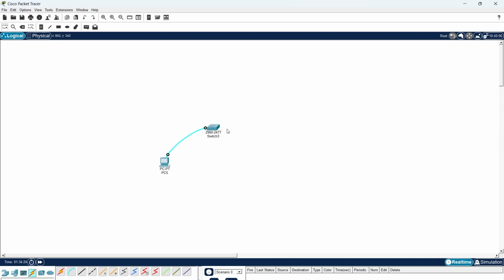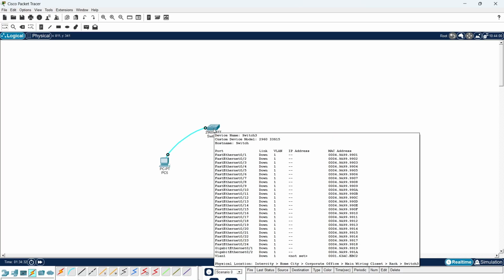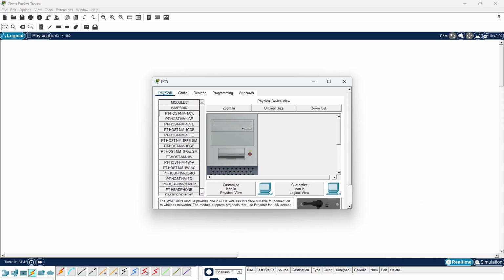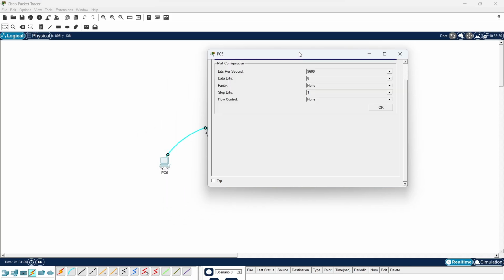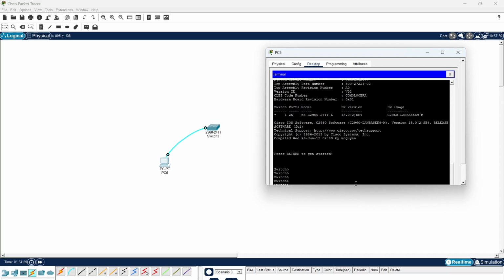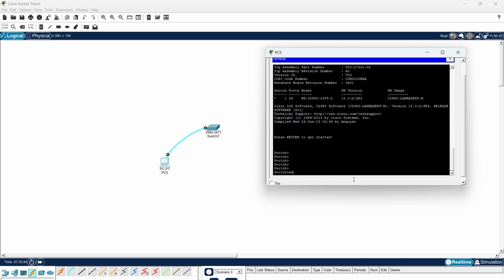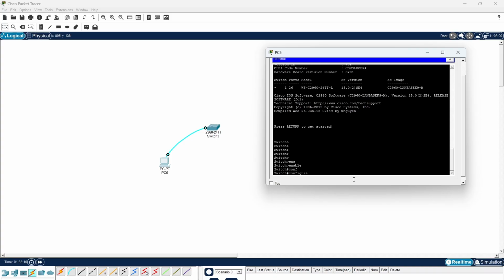After connecting the device by the console cable, we directly access the switch from the PC physically present there. Then go to Desktop, then click Terminal, OK. Then we'll access the CLI mode. Now we type enable, then go to configure terminal,